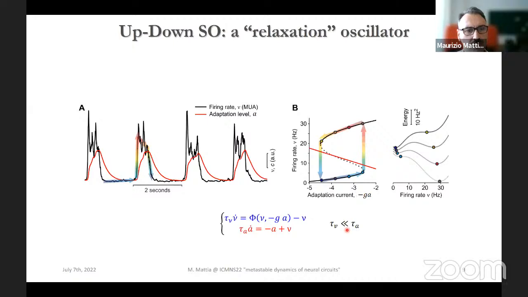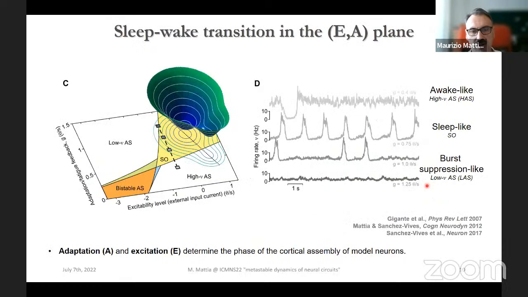So this is a classical way to describe this phenomenon, once you assume that the typical timescales of the firing rate dynamics are much slower than the adaptation timescales, as in this case. This is very well represented by a relaxation oscillator, where you now have 2 degrees of freedom: adaptation on the x-axis and firing rate on the y-axis. The adaptation slowly changes the energy landscape, the Lyapunov function of the system, in such a way that you destabilize and restabilize the corresponding up and down valleys. So this is the very simple way to describe this slow oscillation at the level of a single unit.